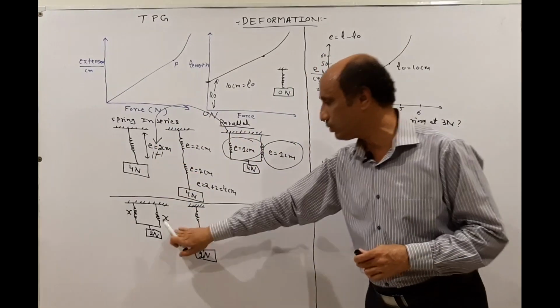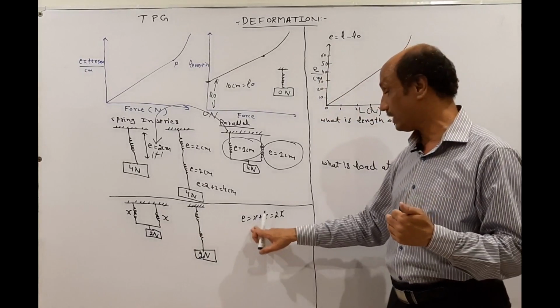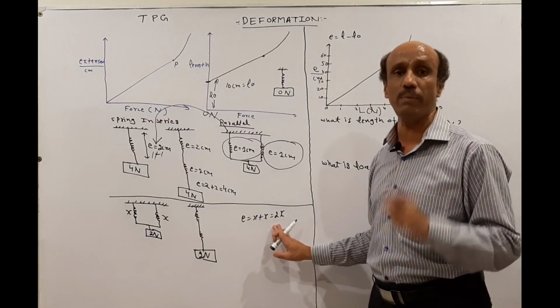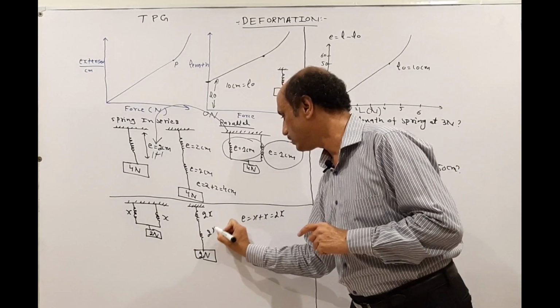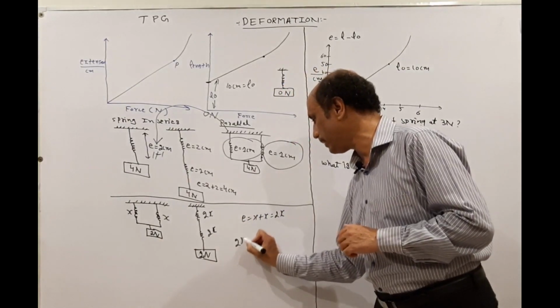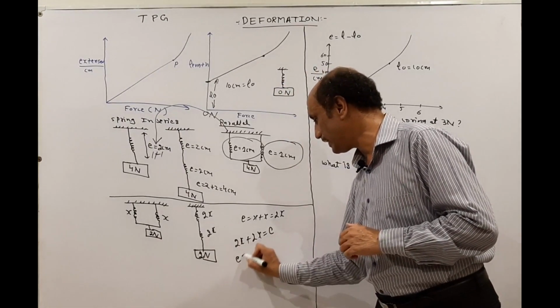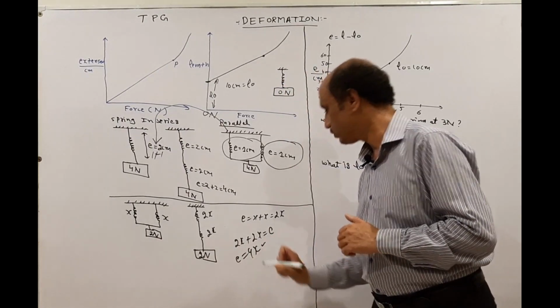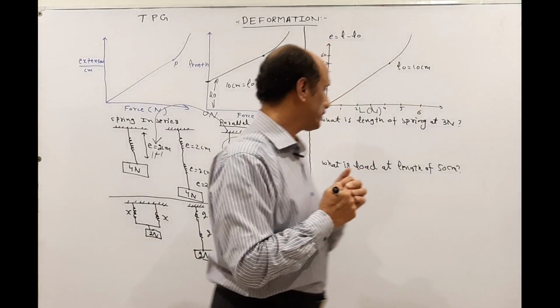So what we will do to solve this question, we will add the extension. So total extension for the original spring will be 2x, and now these springs are attached in series. So then what will happen? The answer for this system will be 2x plus 2x. So total extension will be 4x. So you can select this option from the MCQs. Then the last part,